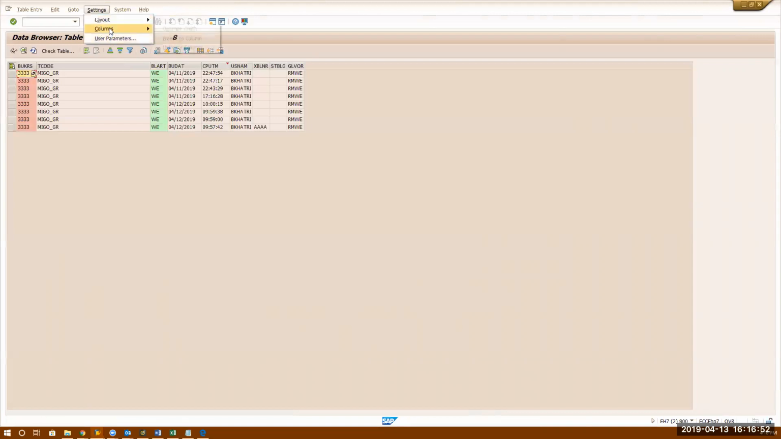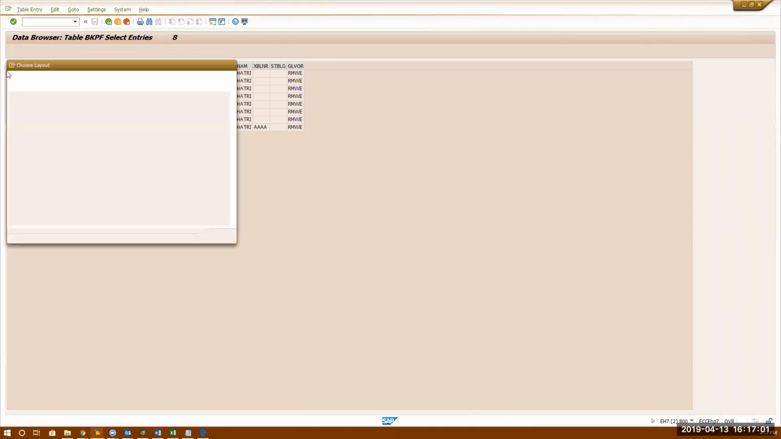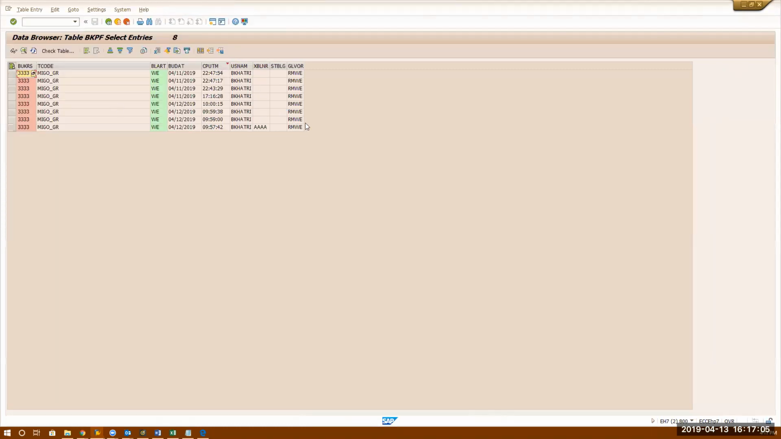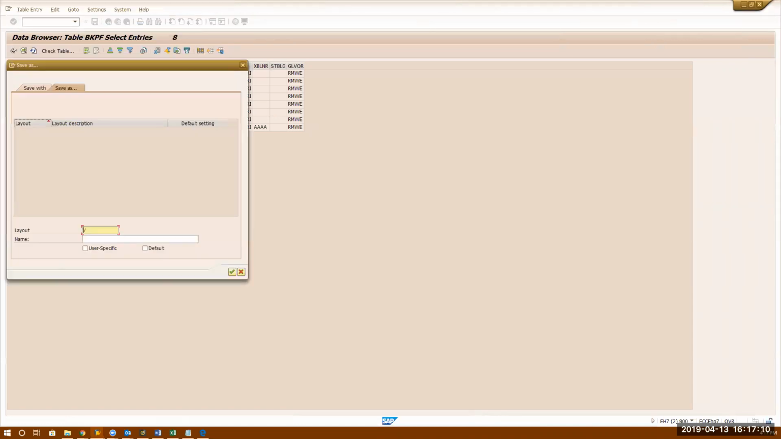User parameters. Yeah, one more thing, layout. So this is the Rubik's cube. Okay, change layout. This is a save layout. Select layout, save layout. Select layout means somebody might have a layout stored, and you can select that layout. You can create your own layout. Okay, for example,